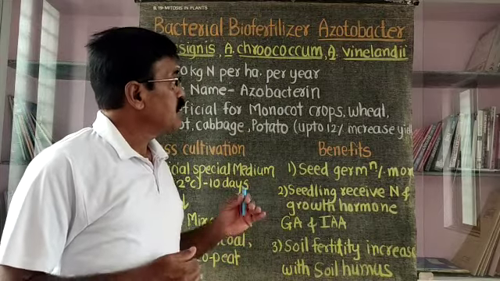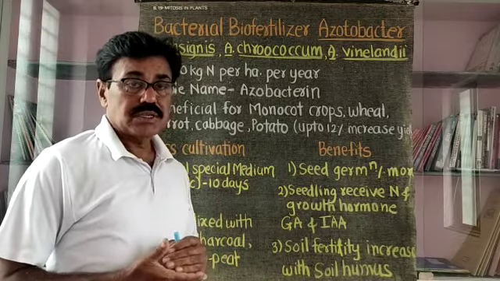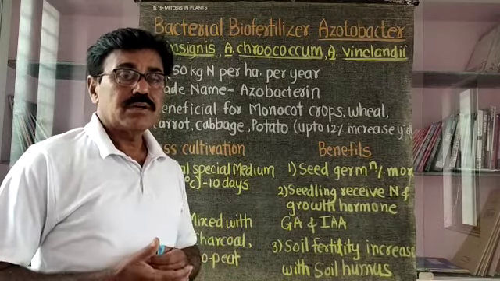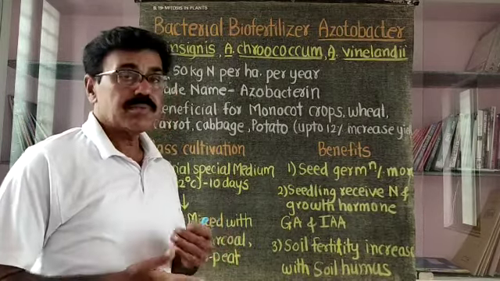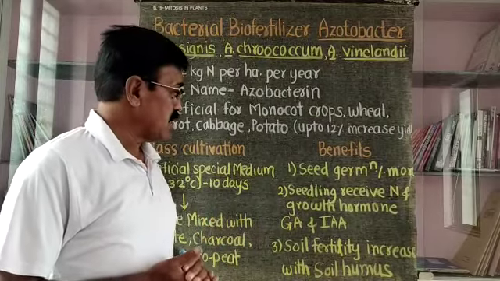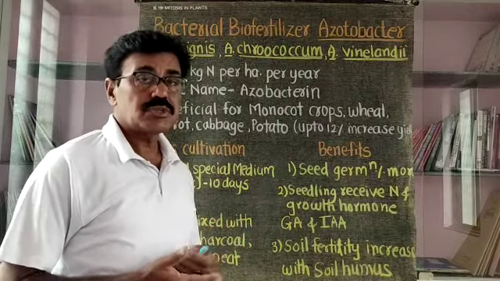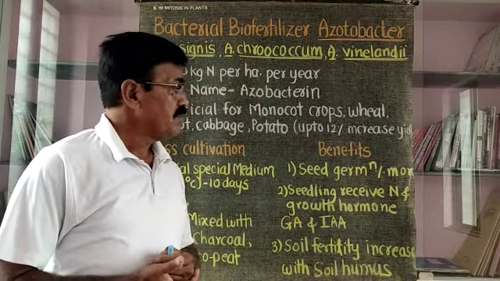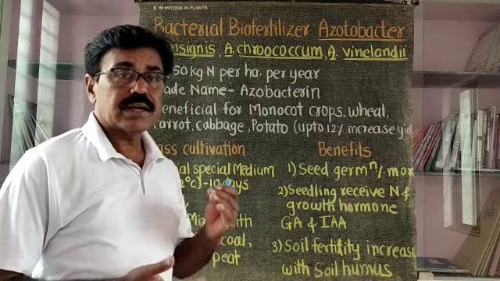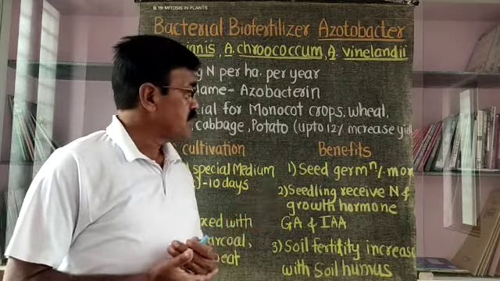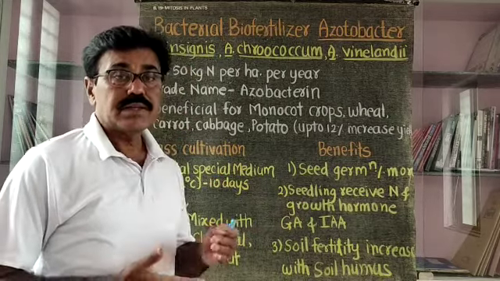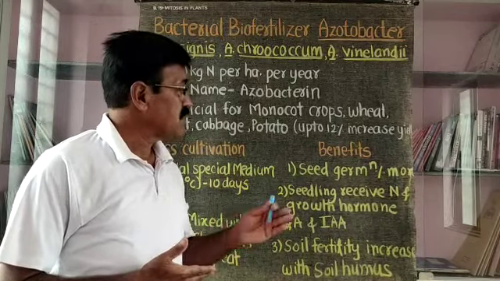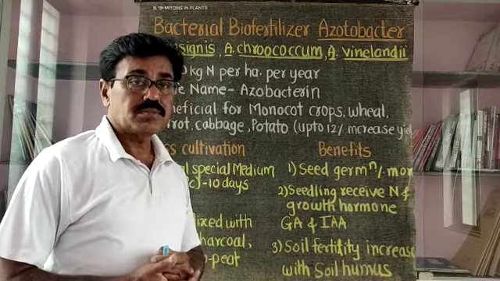That means Azotobacter bacteria can be cultured on the culture medium, and with the help of carriers a large number of cultures are prepared. These bags, if used for seed dressing, are beneficial for the farmers, and save chemical fertilizer. Along with that, this also saves the soil. Soil salinity and soil pH are maintained with the help of this biofertilizer.